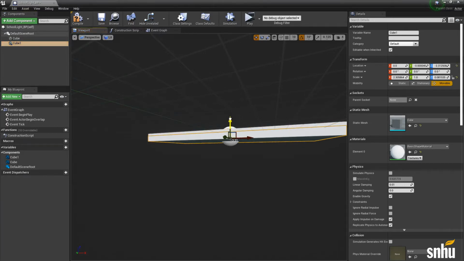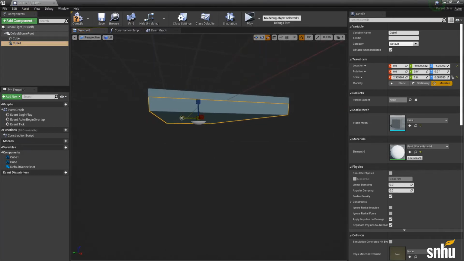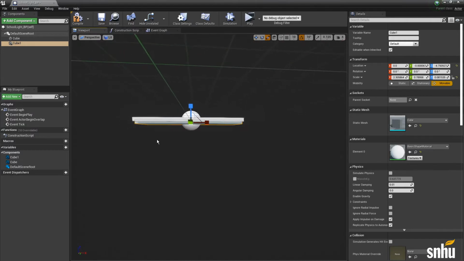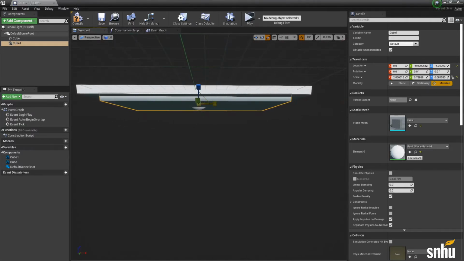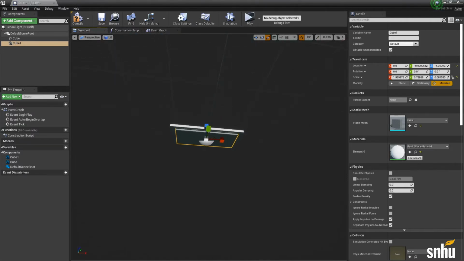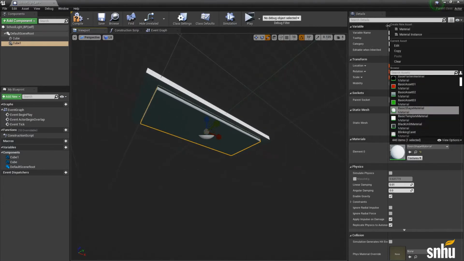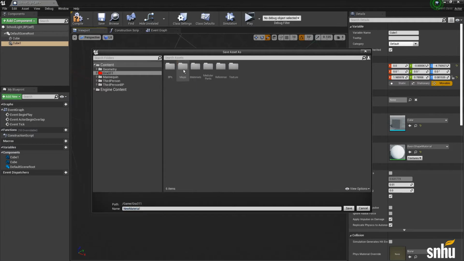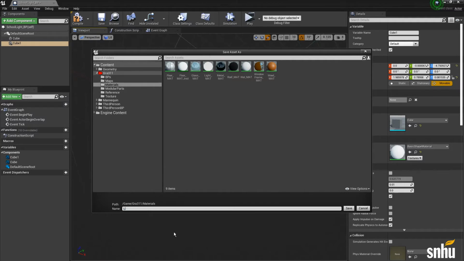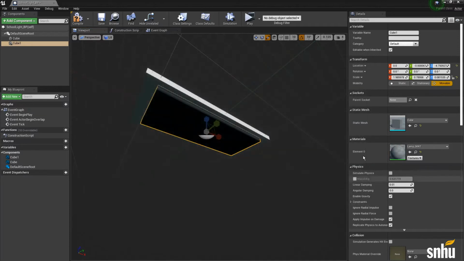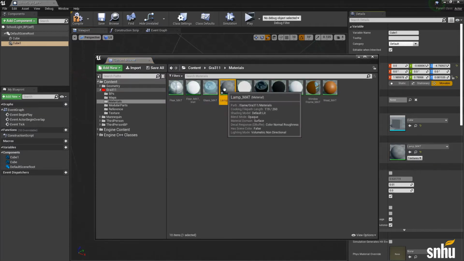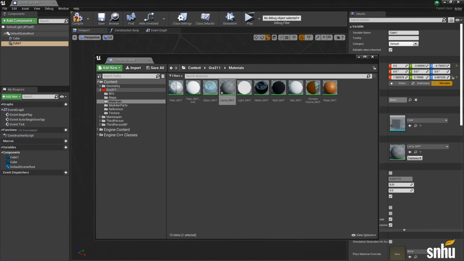And I'm going to go ahead and move this one down a little bit. Scale it inward like this, and scale it inward like this. So now let's go ahead and create a glowing material for this. So if I click here, click material, I'm going to call this, let's go with lamp because I already have a light. Save. And now if we click the magnifying glass and double click here, we can open up this material.